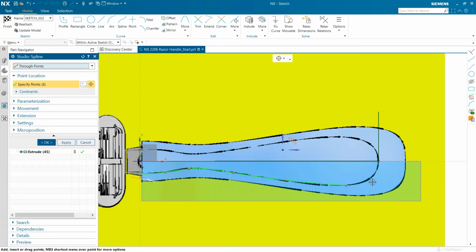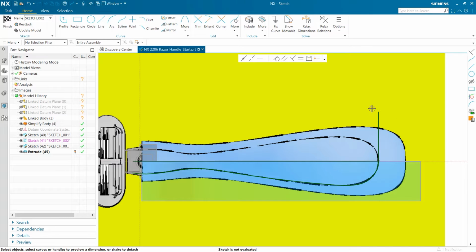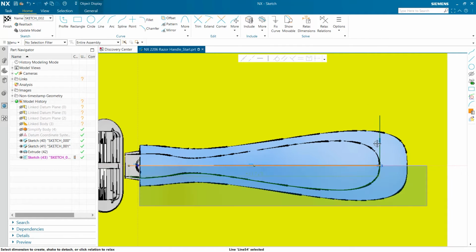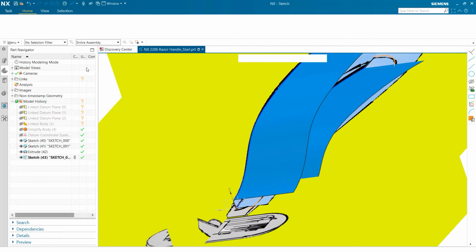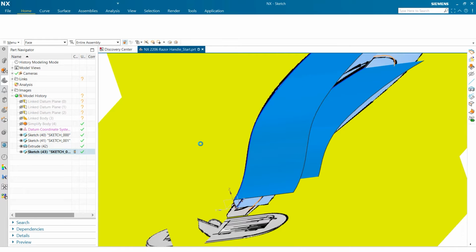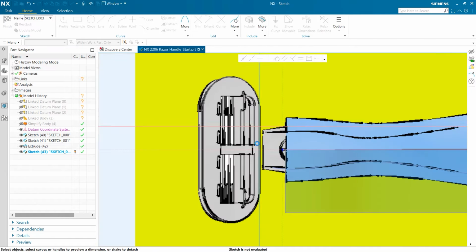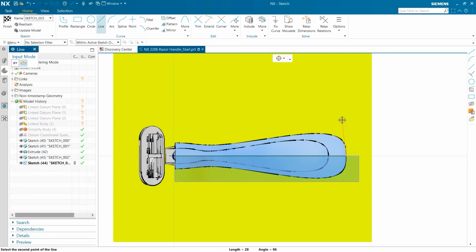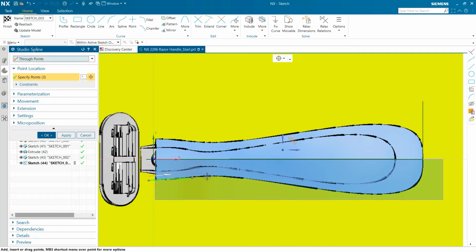When I select the endpoint of the vertical line, the software prompts me with the opportunity to control the transition. In this case, I'm going to use G2, which is a curvature continuation. You can see, as I change the position of the vertical line, the spline automatically updates. I only want these as reference lines so that they will not interact with the geometry later. I am now going to repeat the same process, but this time on the outside edge of the artistic image.